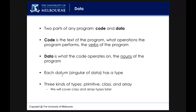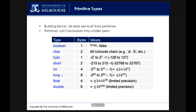So there are three kinds of types: primitives, which we'll cover today, classes, and arrays. And there's others as well, but we'll cover those as we come along. So here are the primitive types. Now, I will expect you to know these types by heart, right? But I don't expect you to understand the values. So I won't say to you, how many values are in a short in an exam? I wouldn't expect you to know that. So you don't have to memorize the types in terms of their values, but you do have to memorize